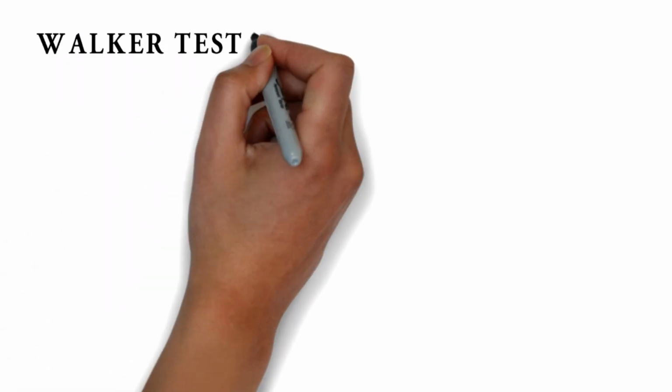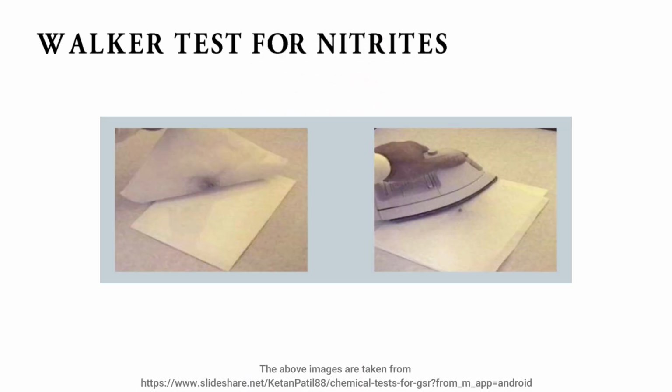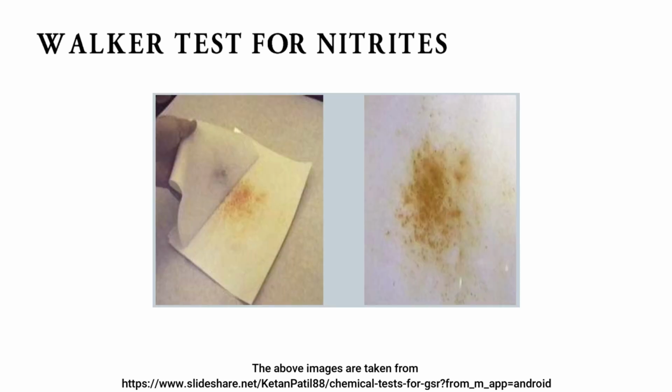One very popular test was the Walker test, which used desensitized photographic paper as a medium to pick up and retain particles. After picking up the particles, they were then visualized using a chemical spot test for the nitrites present. The technique was, however, mainly intended for the recovery of the GSR particles from clothes and was of little use in discovering whether a person had fired a weapon. The procedure of the Walker test and the chemistry behind it is as follows.